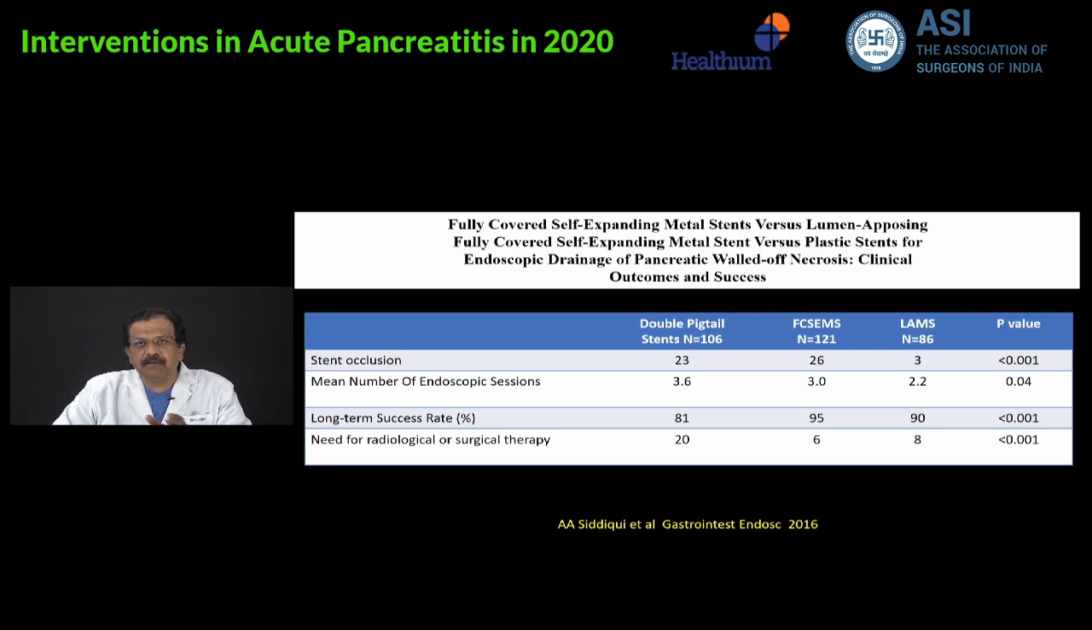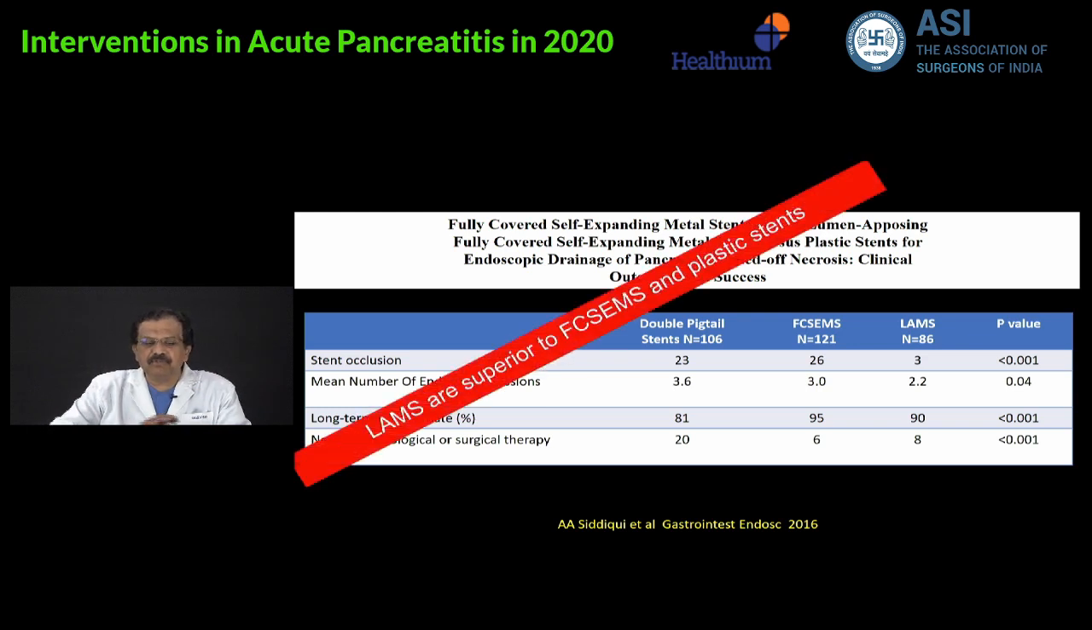This basically opposes the walled-off necrosis wall and the posterior gastric wall, and there's a lot of evidence to show that these lumen opposing stents are superior to the original stent that we used to use, the plastic stent that was used in initial practice. So in current-day clinical practice, endoscopic intervention of walled-off necrosis is usually done with lumen opposing metallic stents,